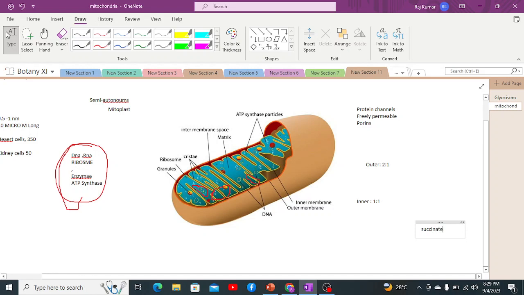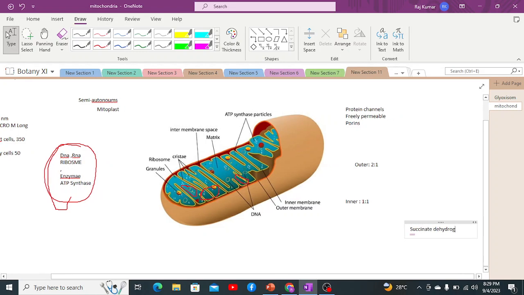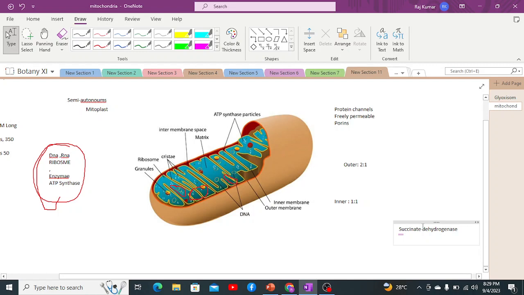Succinate dehydrogenase, which is present inside the inner membrane of mitochondria. After which we have the electron transport chain. The electron transport chain takes place in the inner membrane, which has proteins. These proteins work as electron carriers during the electron transport chain within the inner membrane of mitochondria, and finally cause